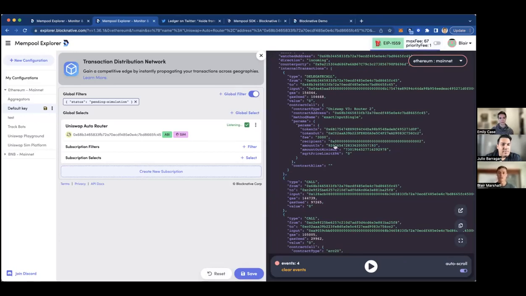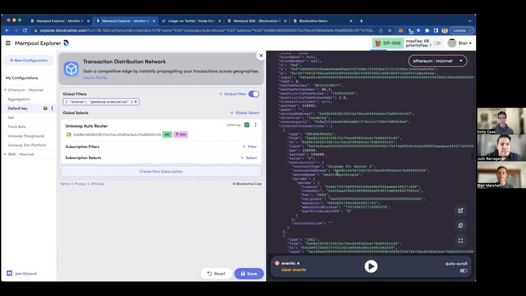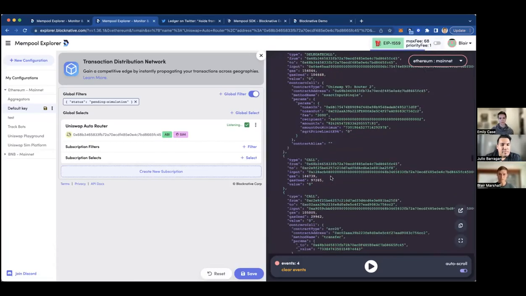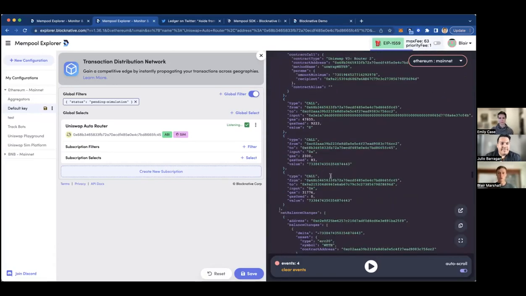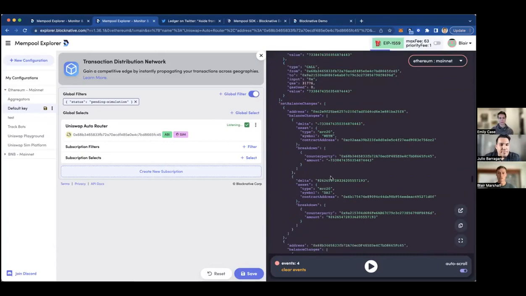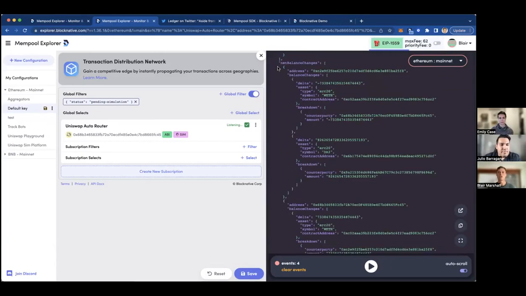And then you'll just get pending simulated events that have this method name inside the internal transactions. So you can really fine tune and get granular with exactly what kind of data stream you want. So it's specific to your strategy or your use case. But the most important part of our simulations is actually down here in this net balance changes part of the